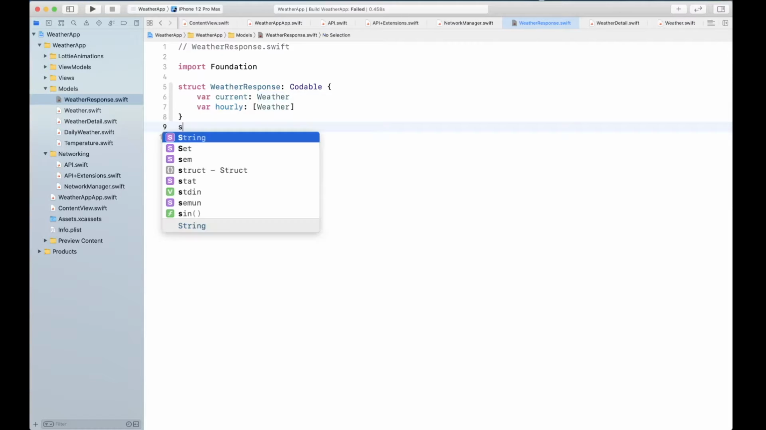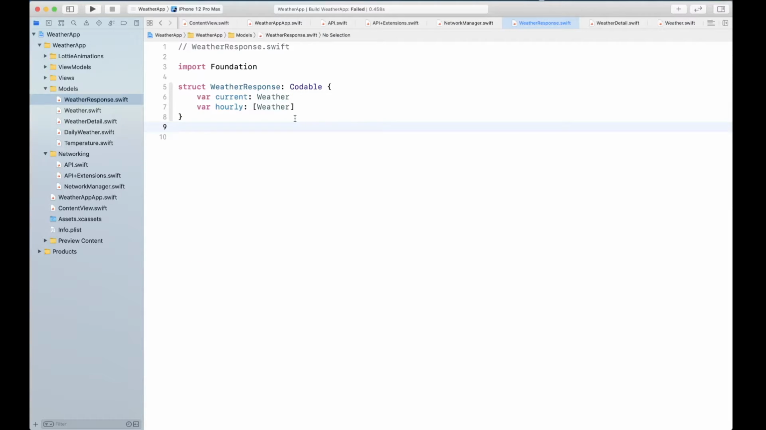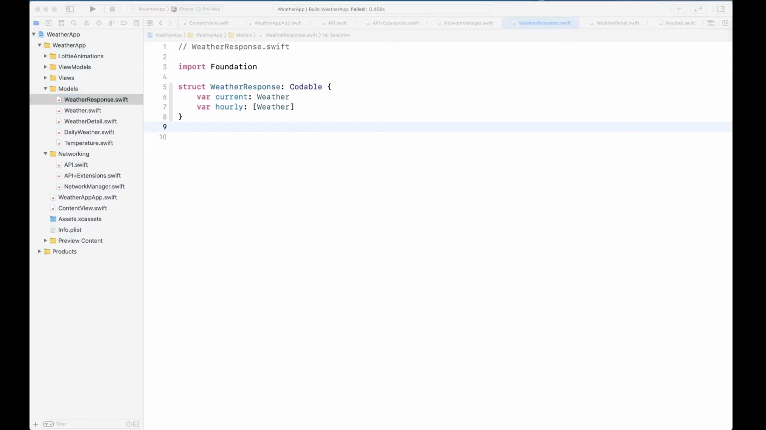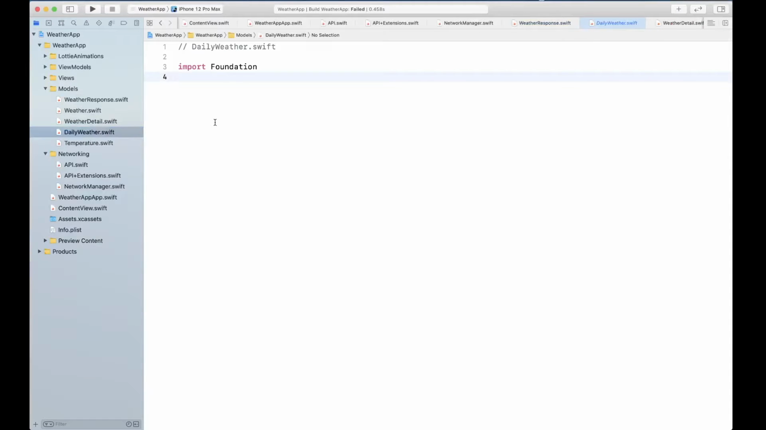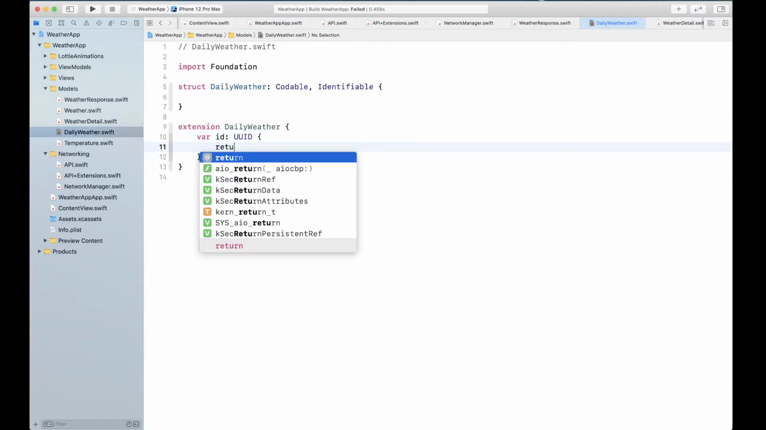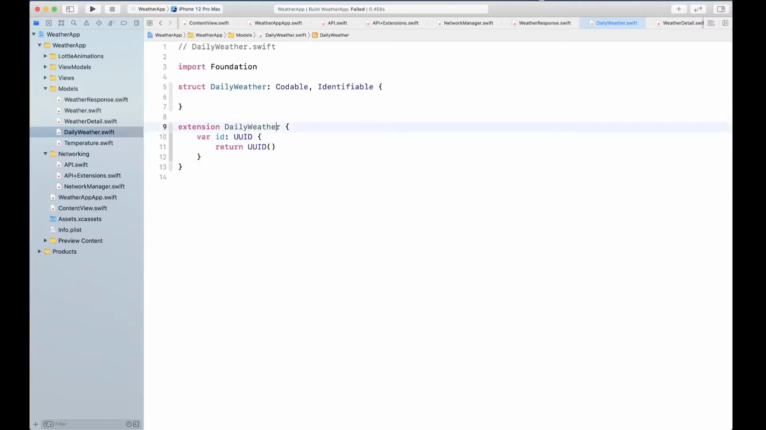Okay. All right, so our weather response is halfway done. We need daily weather. So let's go ahead and create or go to our daily weather file, and we are going to create a struct called daily weather, codable and identifiable. Okay, gonna create an extension to provide a computed property of type UID, and then